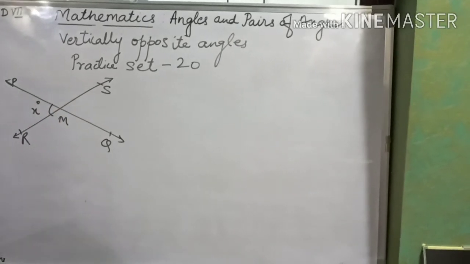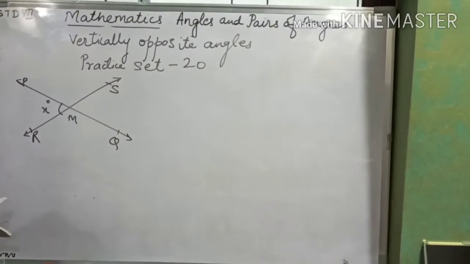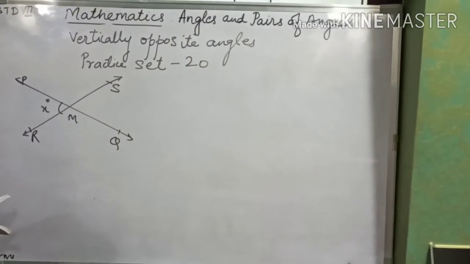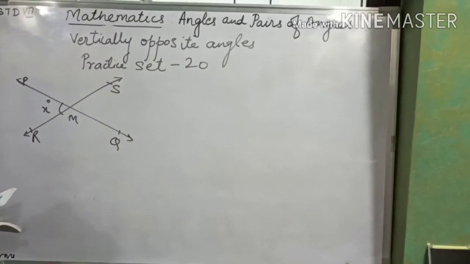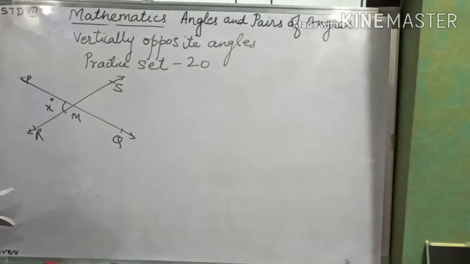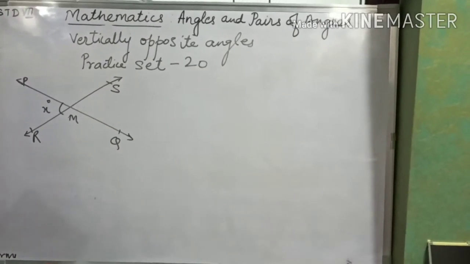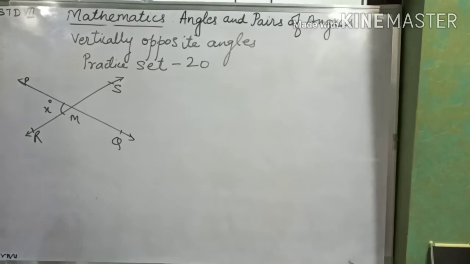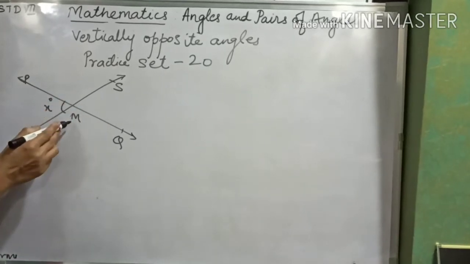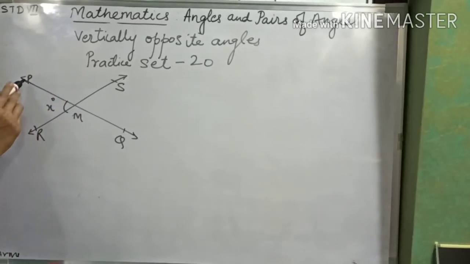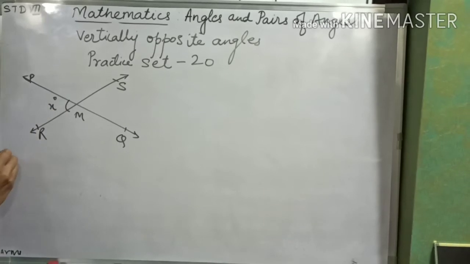Second question, lines PQ and RS intersect at point M. Measure angle PMR is equal to x degrees. What are the measures of the remaining three angles? Here these two lines intersect at point M. Angle PMR is given to you